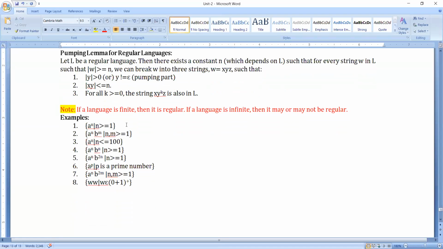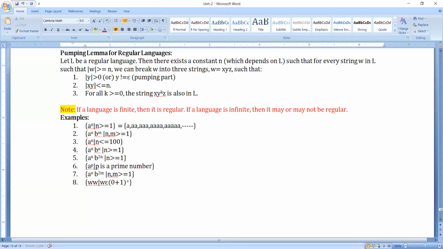Here we need to check whether the given language is regular or not. Please observe, we have a to the power n such that n is greater than or equal to 1. When we substitute n equal to 1, the least string we can generate is a, then aa, aaa, aaaa, aaaaa, and so on.